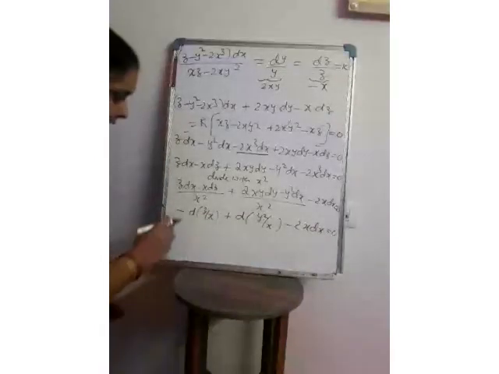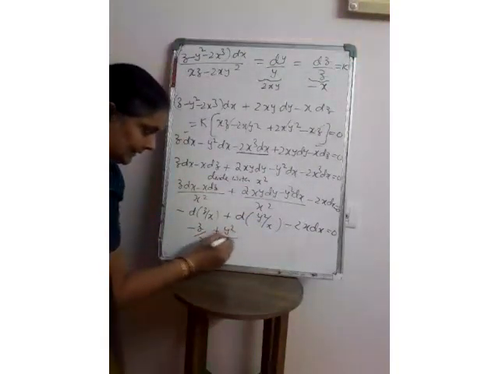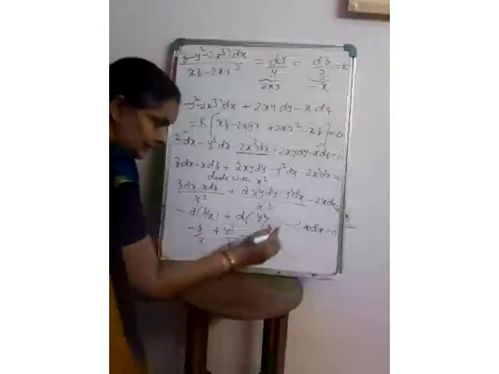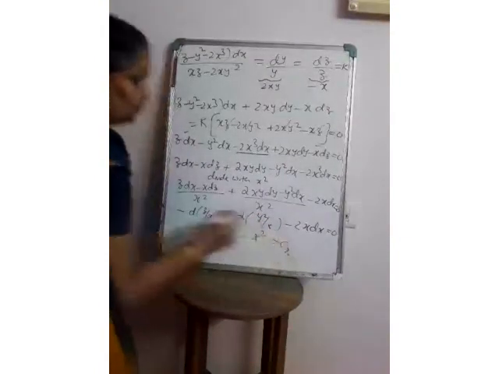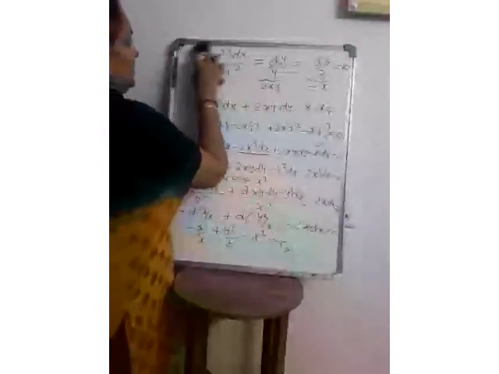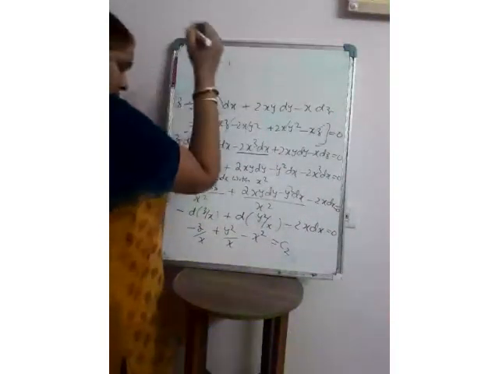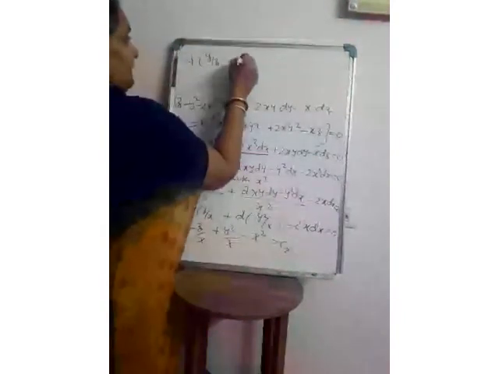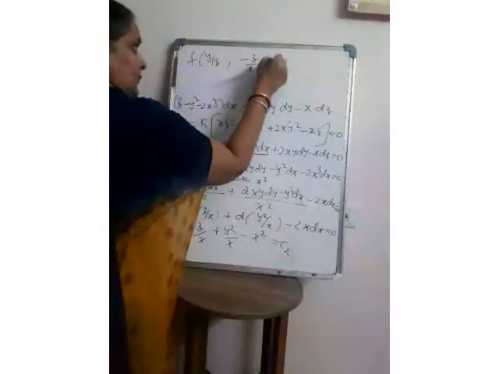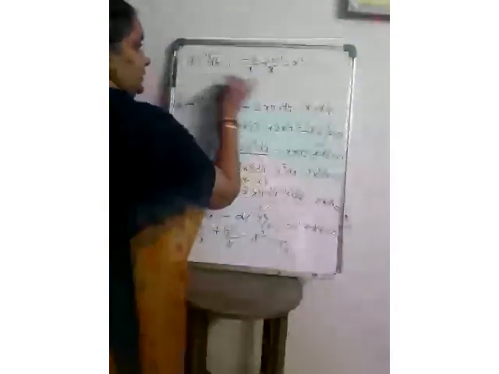Now all these are converted into pure derivatives or pure functions. Integrating, minus z by x plus y square by x minus the integral of this function, x square, is equal to c2. That will be the complete solution. So what should be the complete solution now? F of y by z, comma, minus z by x plus y square by x minus x square is equal to 0. That will be the complete solution.